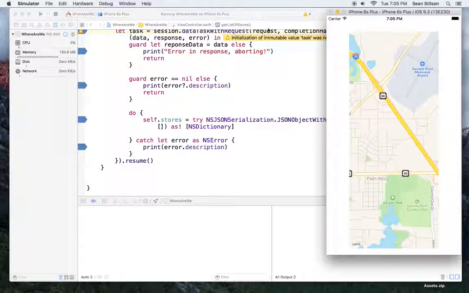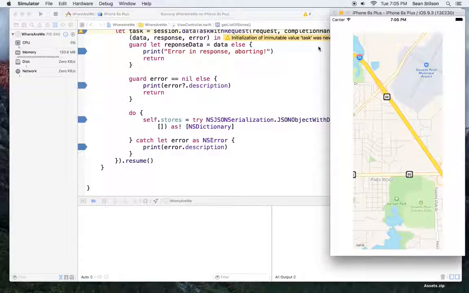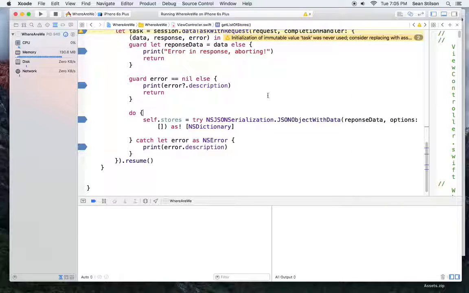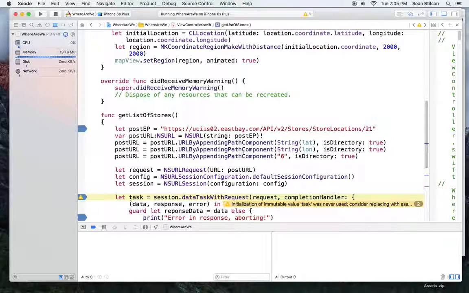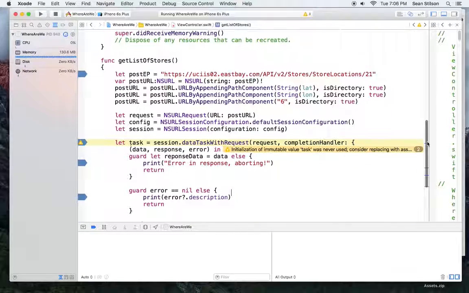So we haven't actually done anything with the map yet. The next thing we're going to do, after we take a break, is this: since this runs in a background thread, the user interface really has no knowledge of it. So to give it knowledge of it, we could put a timer in our view controller and say, okay, do we have data now? Okay, do we have data now? But a better way to do it is to use something called Grand Central Dispatch, which is